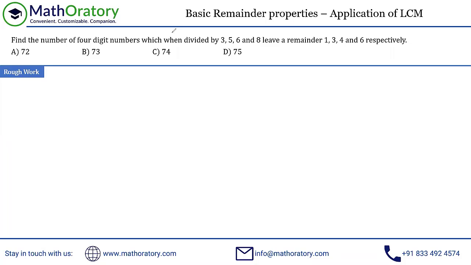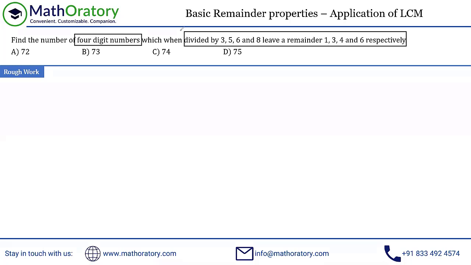Well, we have a question regarding remainders and all. Now, LCM in these kind of questions becomes an important understanding. So I'll come to that when that is required. There are a couple of things which are important from the question point of view. We are looking for 4-digit numbers. Do not forget this. Which when divided by 3, 5, 6, 8, leave a remainder of this thing respectively. So that is our second part. So we'll start with the second part actually, and then we'll come back to the 4-digit thing. So let's start with the second part.